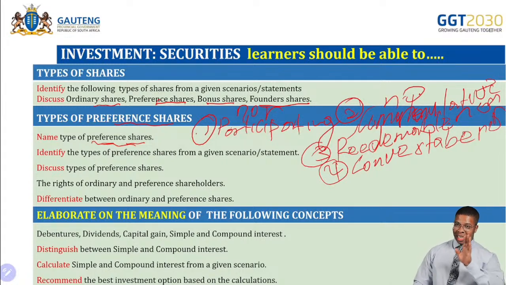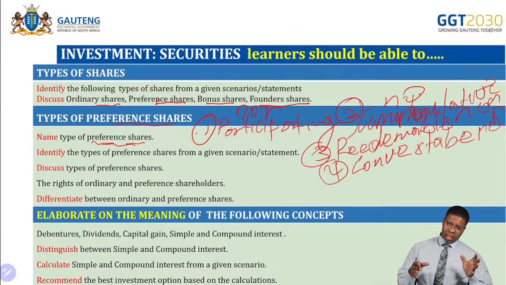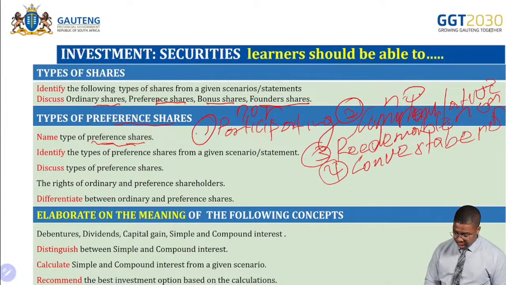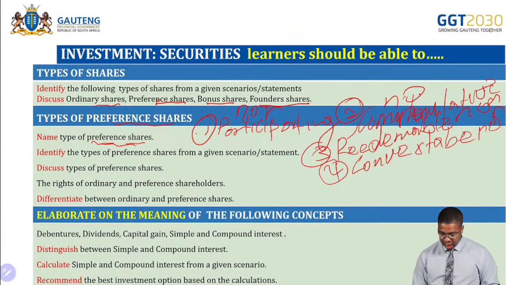And you should also know that in a case of liquidation, ordinary shares will be the last to claim, but when you look into preference, they are the first to claim from any company asset in a case of liquidation. So that's ordinary and preference, the differences. And then you should also know how to elaborate on the meaning of the following: